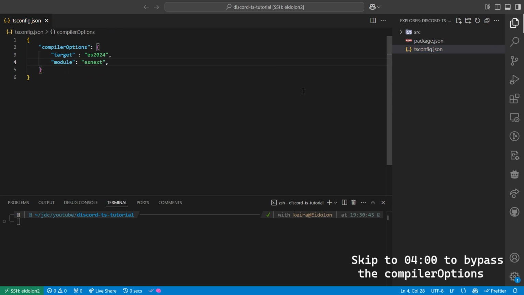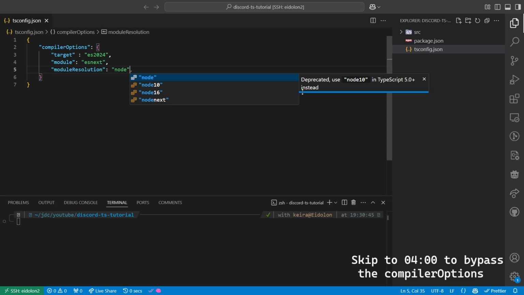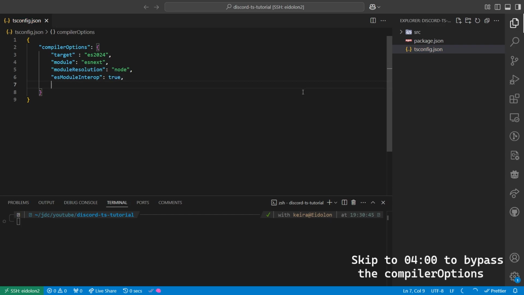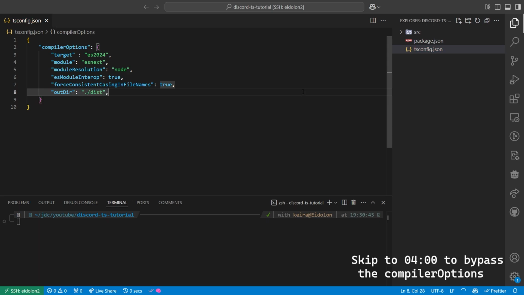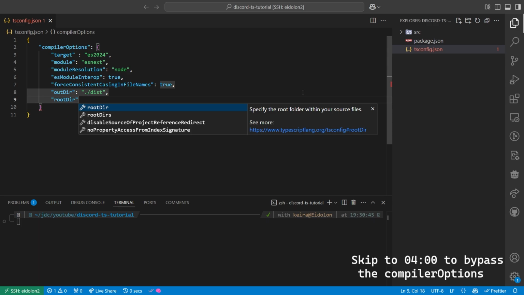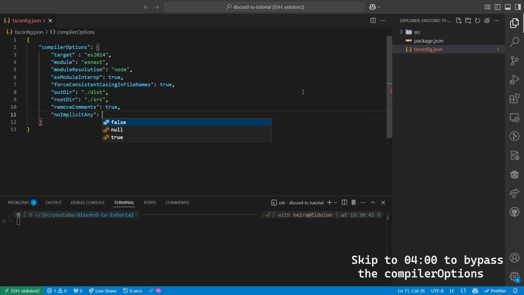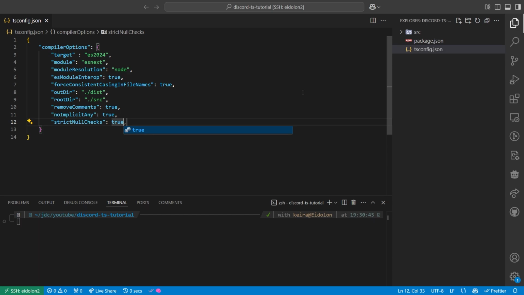We're going to go for ESNext for the module, and then module resolution as node, esModuleInterop true, forceConsistentCasingInFileNames true, outDir as such dist, rootDir as such src, removeComments is true, noImplicitAny true, strictNullChecks true,